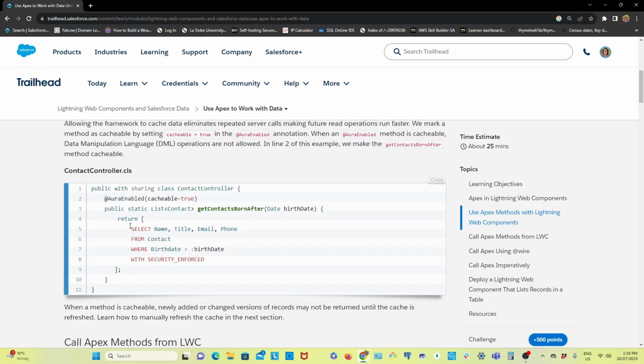Now what is this method returning? It will return... inside this return, they are using SOQL. SOQL means what? It's sort of SQL actually, but SOQL is specially designed by Salesforce to retrieve data from the Salesforce database. Now here you can see select name, title, email, phone from contact. So from the contact object, they are retrieving these fields